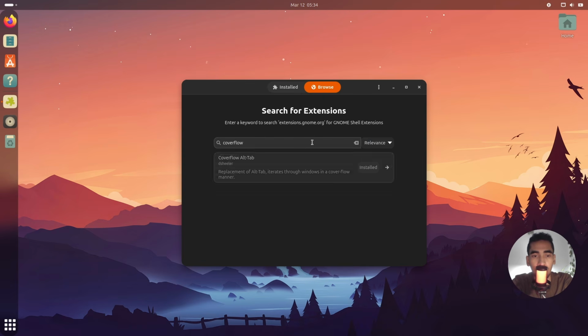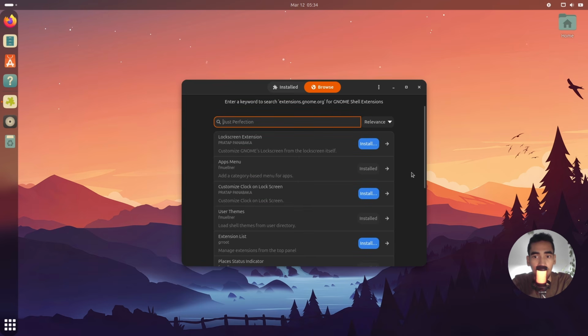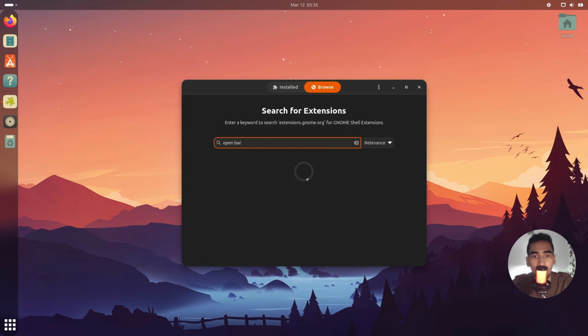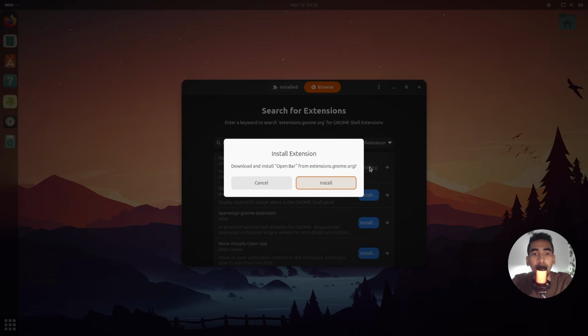Click on install, and I'm going to install gconnect. And using gconnect, you can actually connect to your phone and receive notifications, and you can install KDE Connect on your phone, and you can connect it through this extension. After that, I'm going to install OpenBar. Click on install,